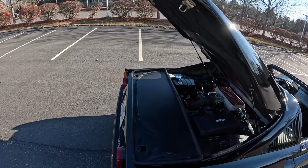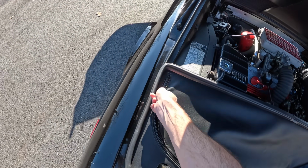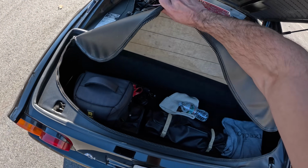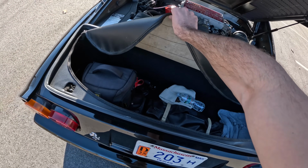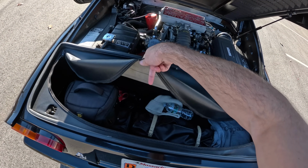There is not much storage up there, but you do have a little bit of space, which I'm currently using underneath this little flap. So not a lot, but enough for some luggage. If you did have to bring a couple duffel bags on a weekend trip, you could absolutely do that. We've got some tools, but